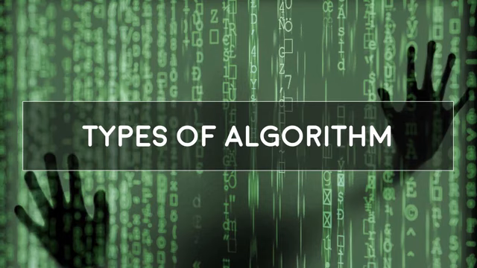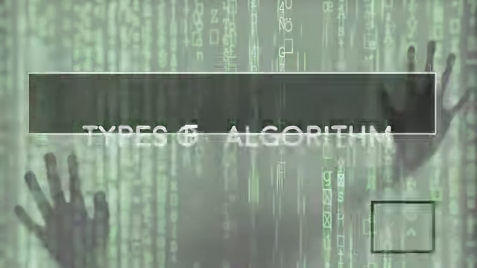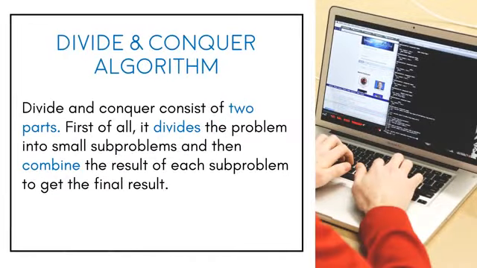While there are many types of algorithm, the most fundamental types of algorithm are divide and conquer algorithm, dynamic programming algorithm, brute force algorithm, and lastly, greedy algorithm. First one is divide and conquer algorithm. Divide and conquer consists of two parts. First of all, it divides the problem into small subproblems and then combines the result of each subproblem to get